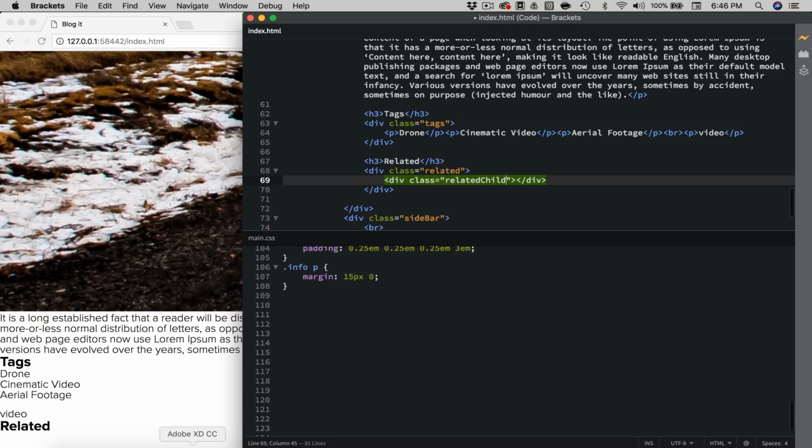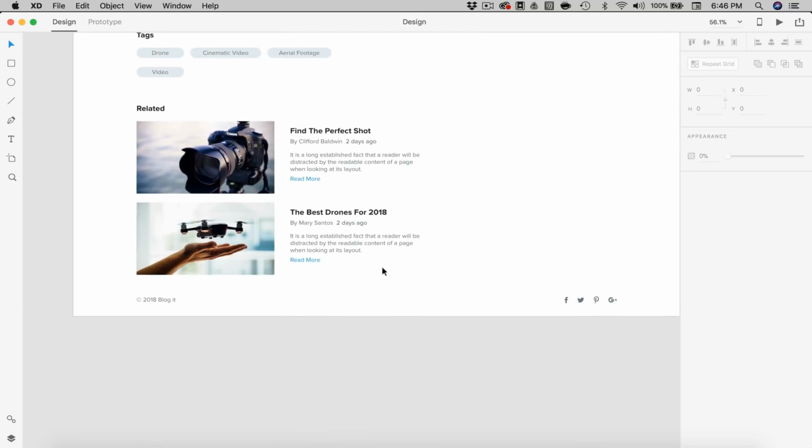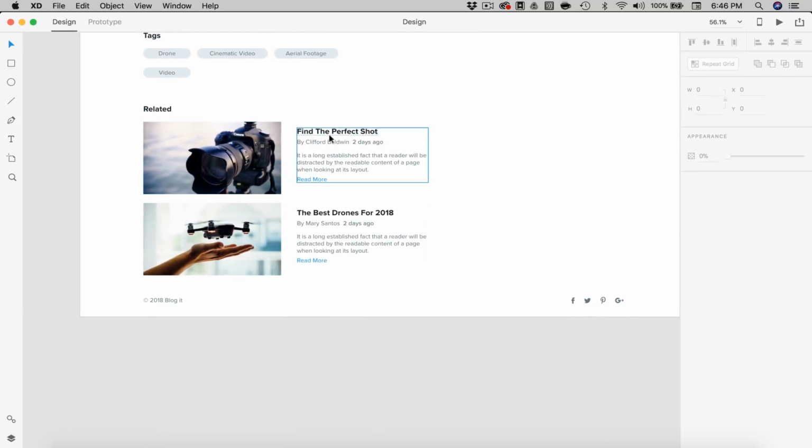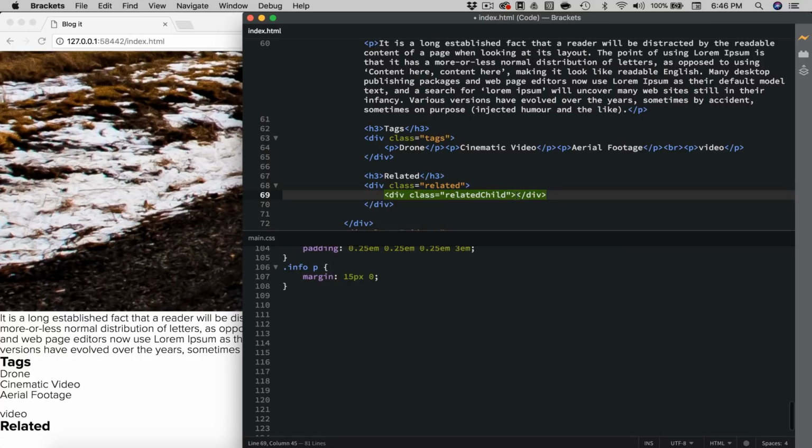So if we look at the design, in the related section, we have an image on the left, and then we have the text and information on the right. So this entire section right here is the child, and this is another child. So inside of the child, we're going to have 2 things. We're going to have a div with a class of related left, and this is where our image goes on the left. So inside that, I'm going to put my image,